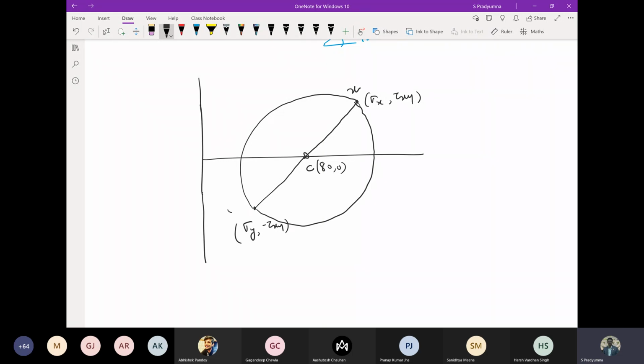This is x and this is y. So what is 2 theta p here? This is 2 theta p, right? So what is this angle? I can easily find out. Graphically I can measure it, right? I can easily measure it graphically.